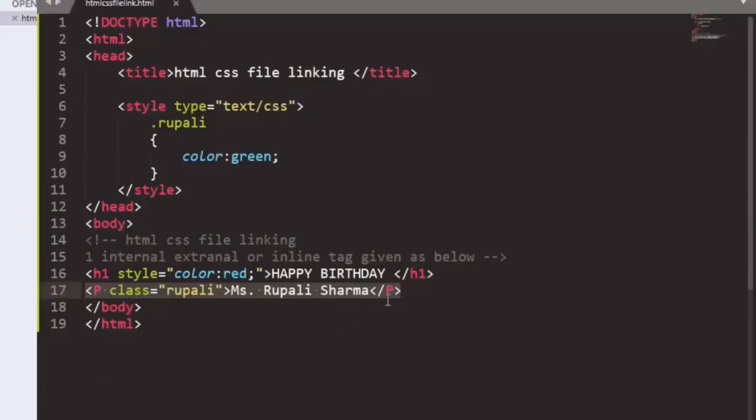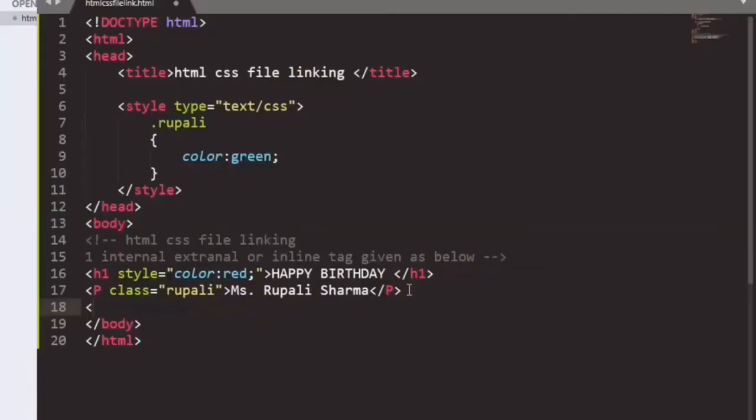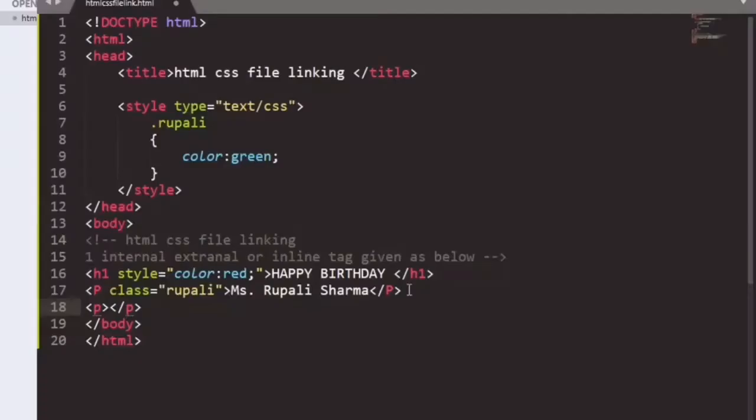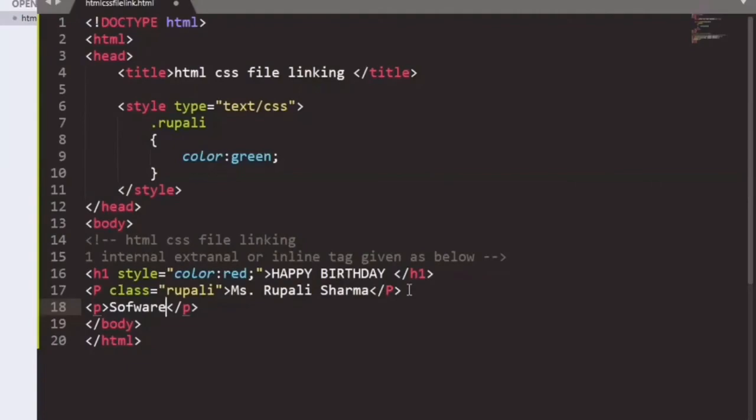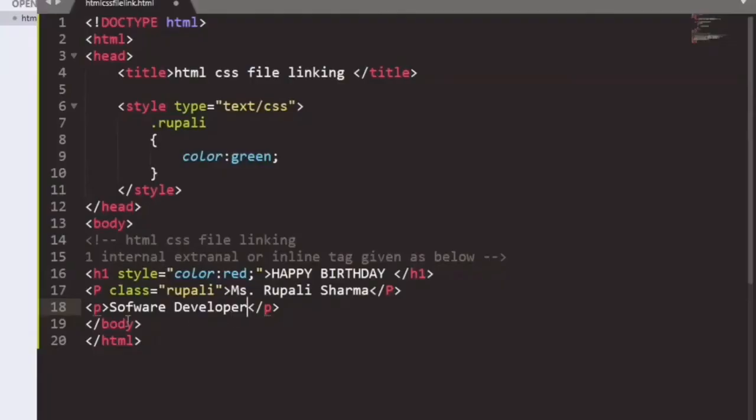And after that we will copy this, or suppose we can write again the p tag, that is the paragraph tag, and in the paragraph tag we are passing the value that is software developer. So the value is being passed. Suppose we are giving the class that is